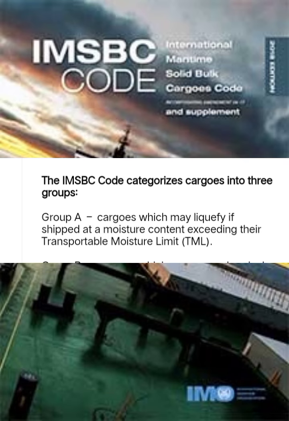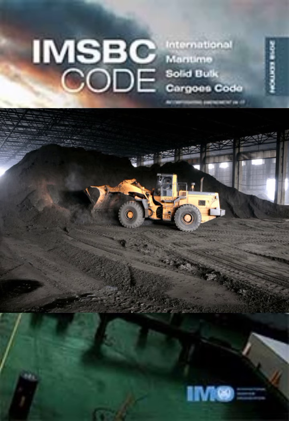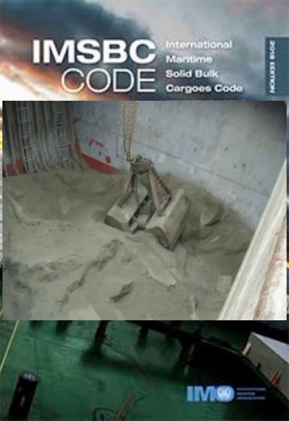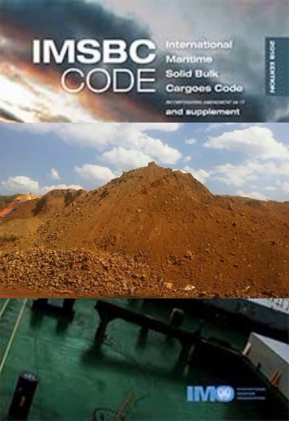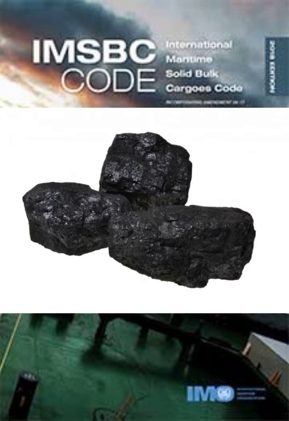Here are some examples of Group A cargoes. The mineral concentrates. It includes copper, iron, nickel, and zinc concentrate. Second is nickel ore. There are several types of nickel ore which may vary in color, particle size, and moisture content. And last is coal. Coal is a natural, solid, combustible material